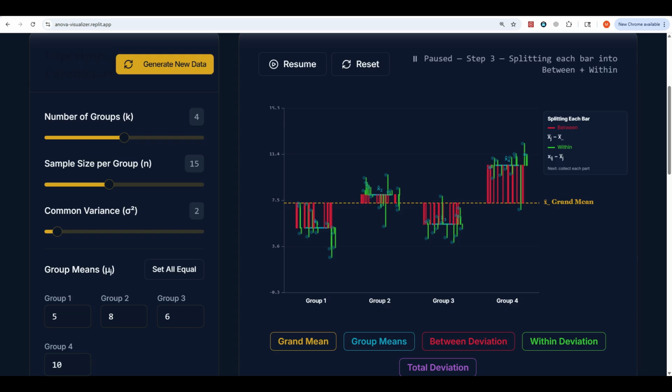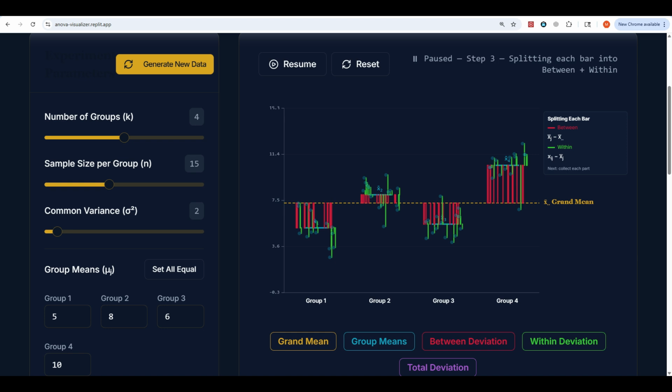And this is very helpful to see the different sources of variability as well, because the green lines show the deviation from each observation to the sample mean, and the red lines show the deviation from the sample mean to the overall mean. And students will start to notice that red line is going to be the same for each observation within a group because the group has a single mean, and it will be the distance between that mean and the grand mean. The green lines, however, will be different depending on where the sample mean is and where